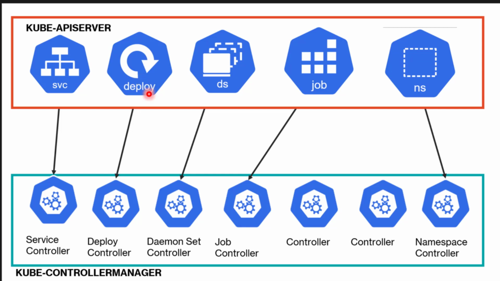The deployment controller is responsible for creating the deployment, and as you have seen, once a deployment is created, it creates a replica set, and then the replica controller starts its work to create the replication. And then it creates the pods. And there is a daemon set controller which controls the daemon set resource, and a job controller which controls the job resource.